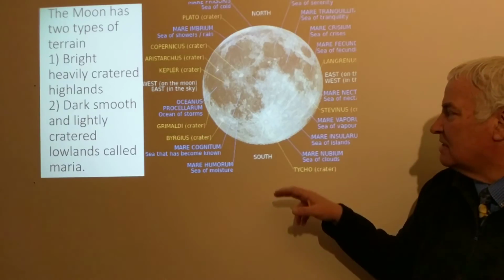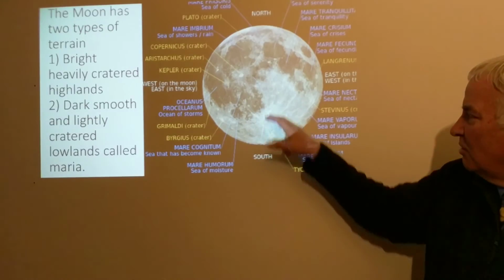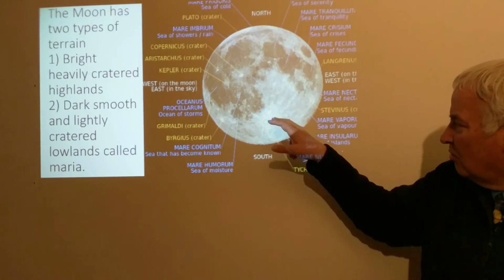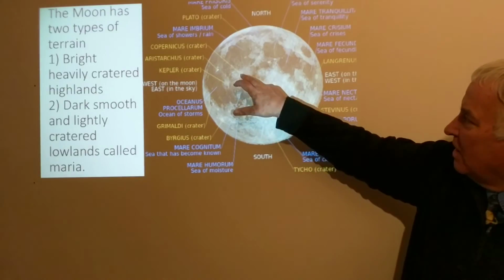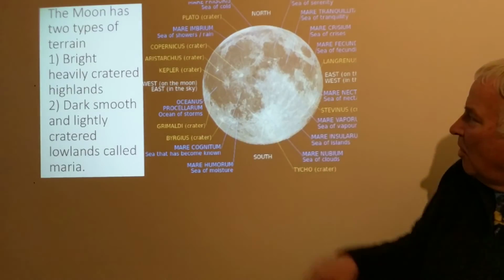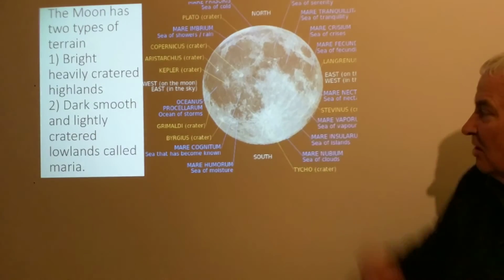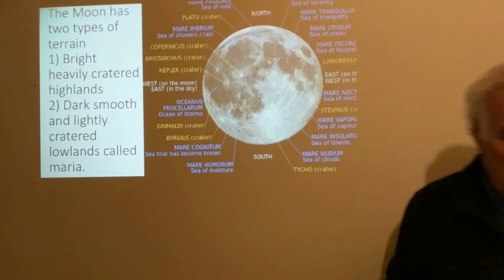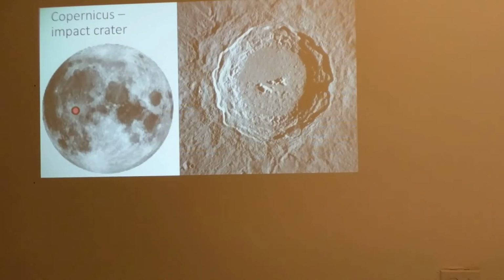One of the newer ones here is the Tycho crater that shows these rays coming off right into the highlands here, and the Copernicus crater, which is more in this area where the maria are, is something I'll also mention and talk about, those two. And so they are relatively new craters. So the Copernicus impact crater over here,